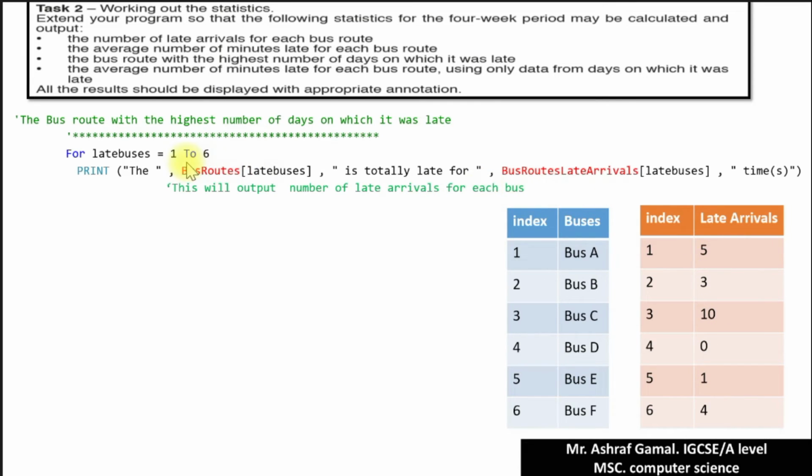So the bus route A, since the index is the same, it's going to loop the array of the buses with the same index of late arrivals. So here the index is 1, and here the index is 1 as well in a different array. So bus A is late for 5 minutes. Bus B is late for 3 minutes, since the index is the same. So when we loop for the first time, the value here would be 1, and the value here also would be 1. So we are looping with the same index in two different arrays,